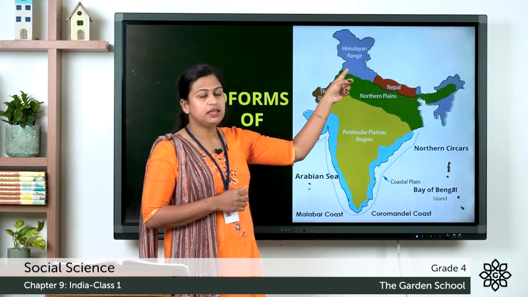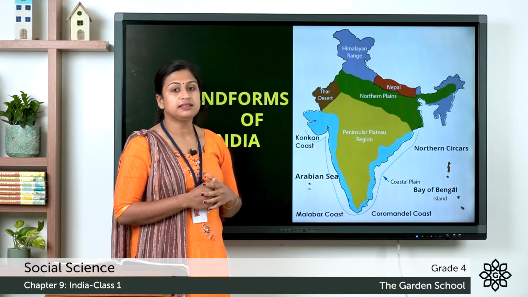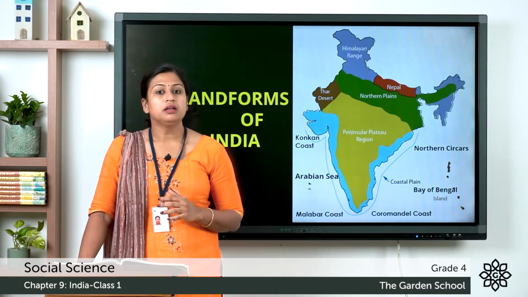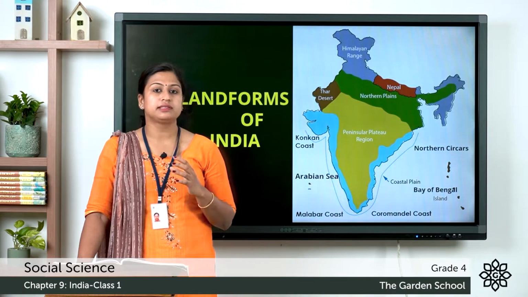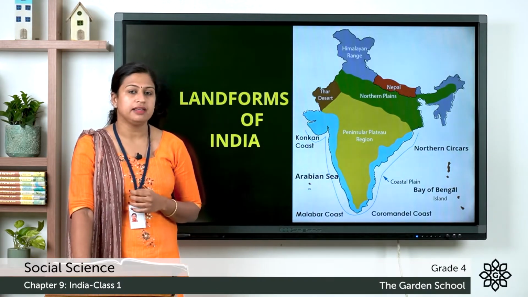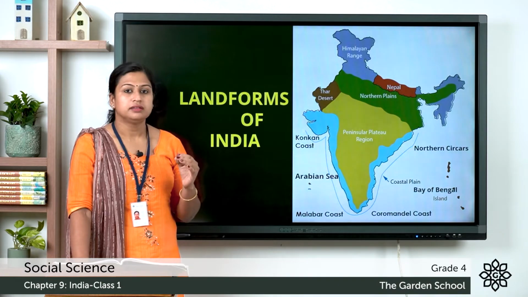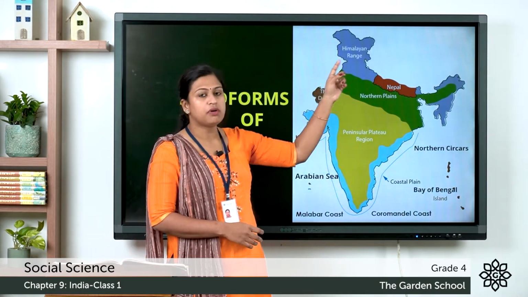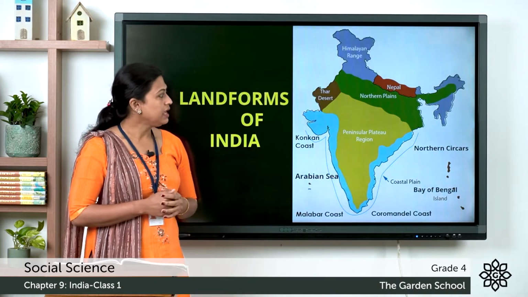Here you can see the northern mountains, that is the Himalayan range which lies in the north. Here the mountains are covered with snow and it has deep valleys. Now the rivers, that is Ganga, Yamuna and Brahmaputra, originate in this mountain range. Next division is